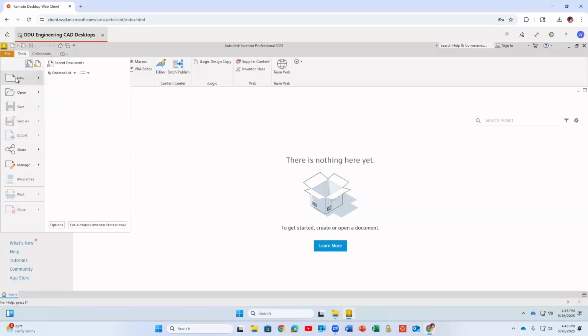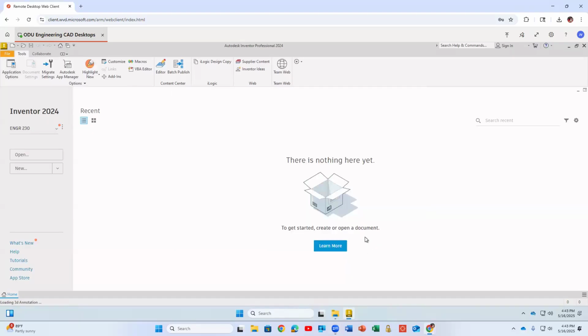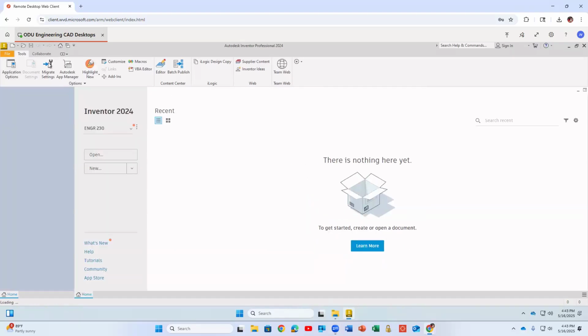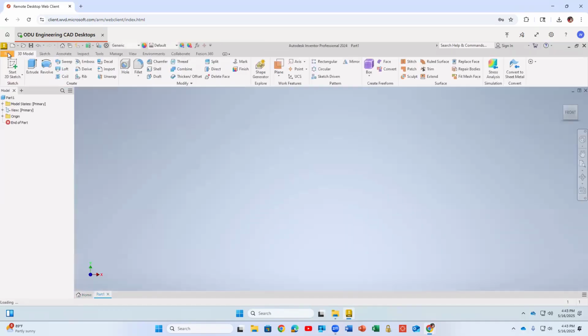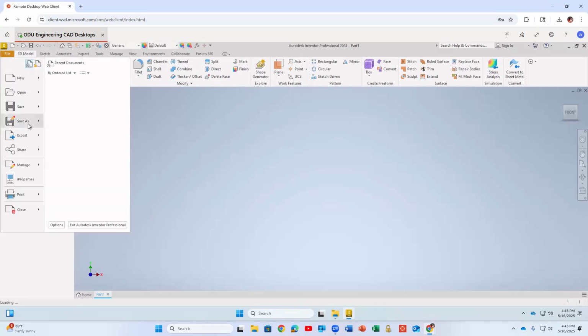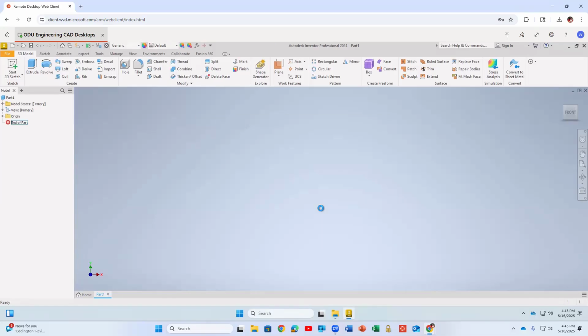So I will say File, New Part. I'm already in the right project file. Once I have this part, I will save this as problem 110. Always make sure you back stuff up on the desktop, and after you finish your work, upload that to your Google Drive. So you see now I'm doing problem 110. I can use the old name. So I'm trying to do,